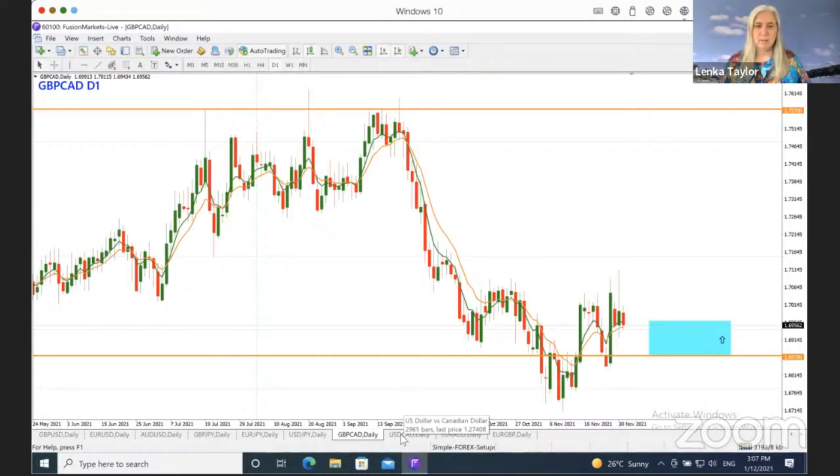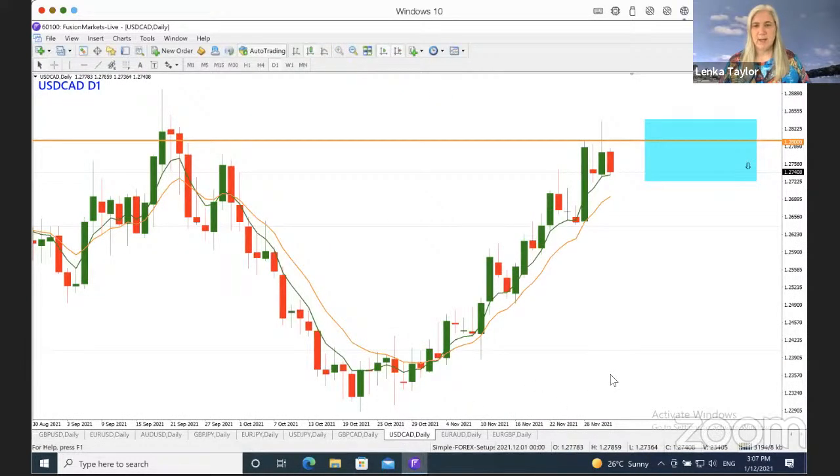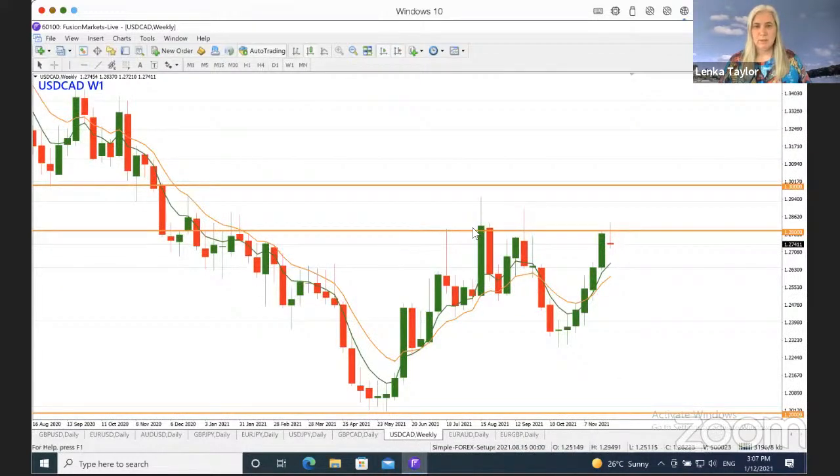Next currency pair I'm looking at is USDCAD. And USDCAD, I'm looking at a short. So on the weekly, we're back at the 1.28 resistance level. At the moment, there's a little bit of pushback from there, but this candle is not closed, so